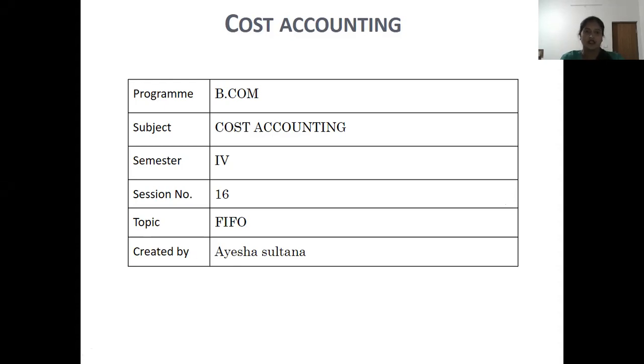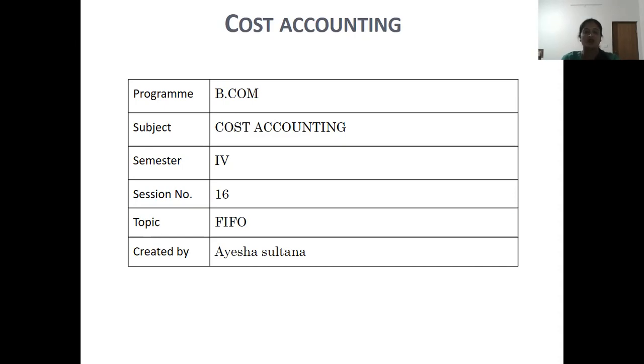Let us move on to the next topic, FIFO method. First, let us understand what exactly the meaning of FIFO. FIFO is first in, first out. Under this method, materials received first are issued first. Understand this? Under this method, the materials whatever you are receiving first will be issued first to the production